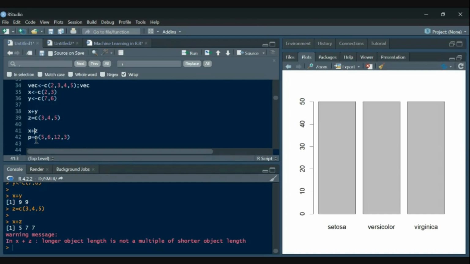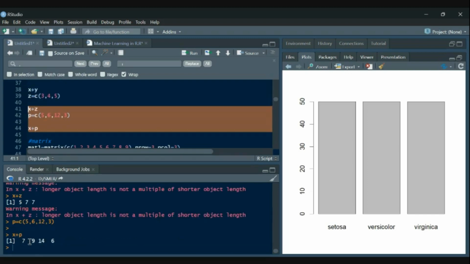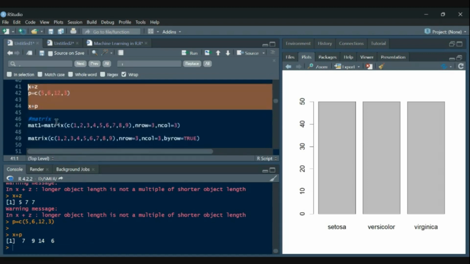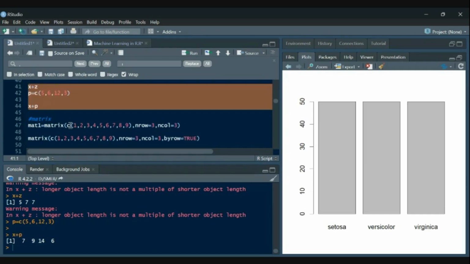Once the lengths of the two vectors are multiples of each other, then the addition can be performed. So this gave us that x plus b is 7, 9, 14, and 6. Then we introduced matrix. For matrix, we simply gave some vectors and then the number of rows and columns.